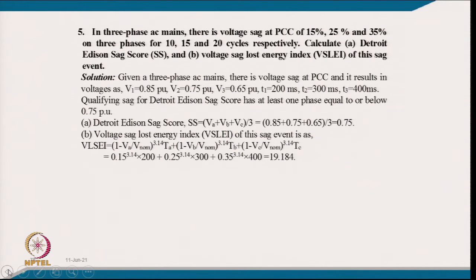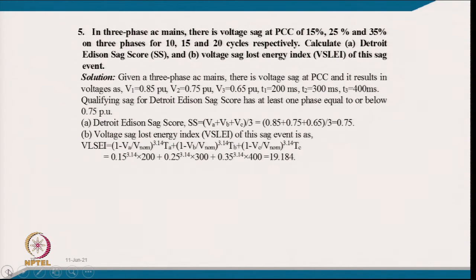Quantifying the sag for retrograde addition, the sag score considers at least one phase equal to or below 0.75 per unit. So, the retrograde addition sag score can be calculated like SS equal to (VA plus VB plus VC) by 3, and if you put the values, it comes to 0.75. And the voltage sag lost energy index from this event can be calculated